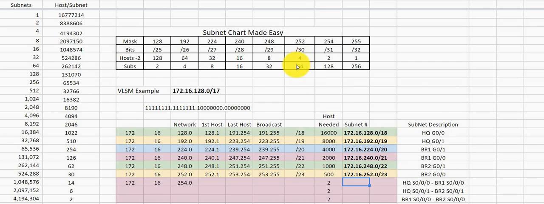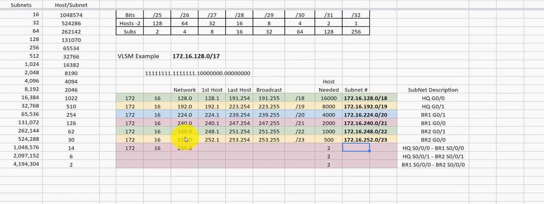So we're not going to count by 4 in the 3rd octet now, we're going to count by 4 in the 4th octet. So what we're going to do is write out our number 172.16.254.4 because we're going to count by 4. So in the 4th octet, we're going to go up by 4 numbers. So we're going to go from 0 to 4. And on here, we're going to say that this is a /30. It's not a /24, it's a /30 because we jumped all the way to the 30 range.